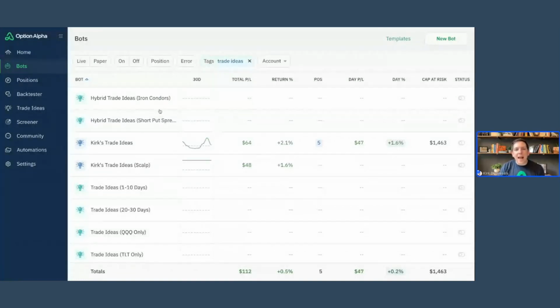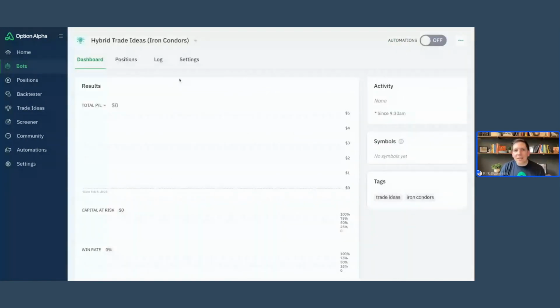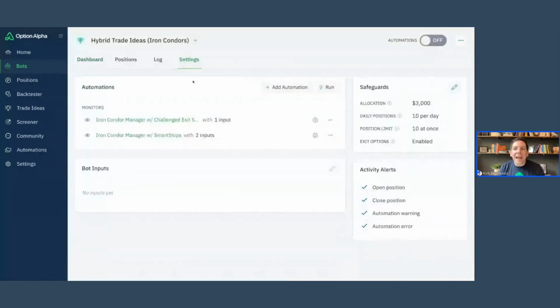Let's say I like to enter a bunch of iron condors. Well, I can make a bot that says iron condors. That's pretty easy. Now, inside this particular bot, if I go to the settings, I can start to add automations to this bot. Think about this. I don't have to have a scanner in a bot that enters positions. Maybe this particular bot is set up so that it accepts new trade ideas that I throw into it manually, and I still have exit options on